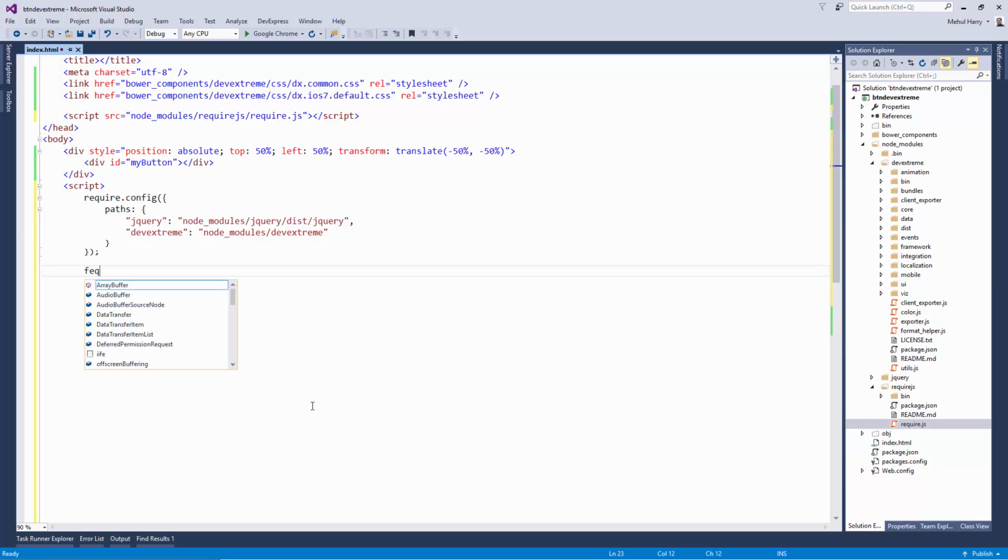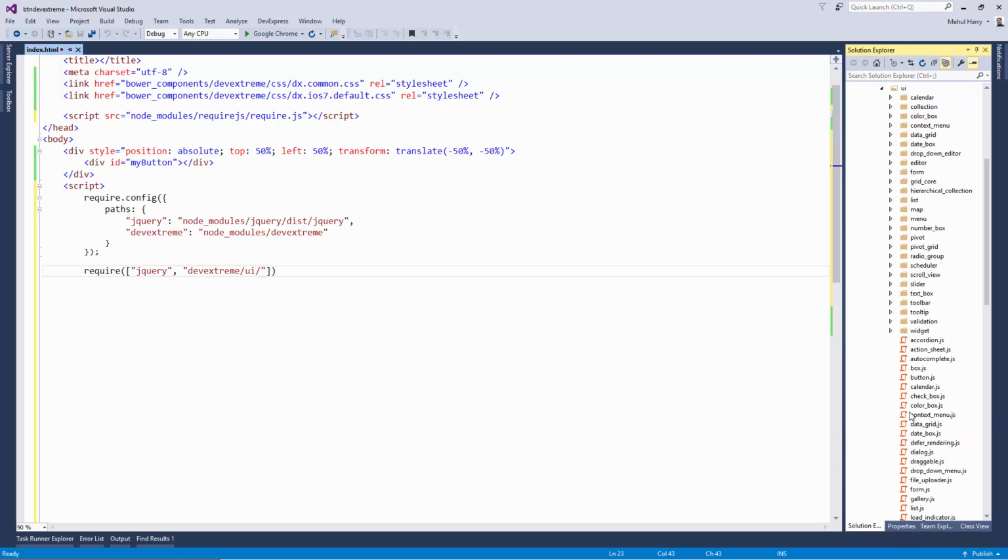How do we use require? Well, the good news is it's actually as simple as setting up an anonymous call. So here we're going to use require. We're going to call it, and now we can reference those modules that we had set up before. So the first module that I'm going to reference is Jquery, and the second one is actually DevExtreme. But as we know, DevExtreme itself isn't a module. I'm going to use a module within there, which is located under